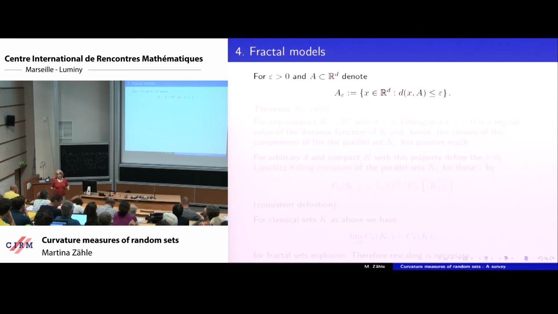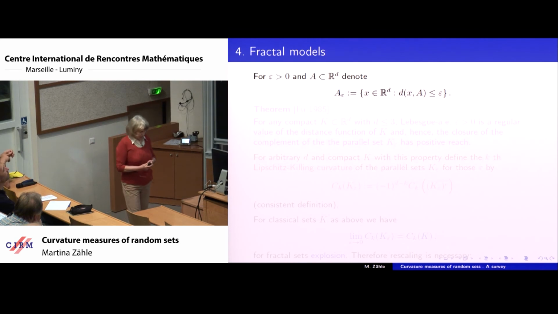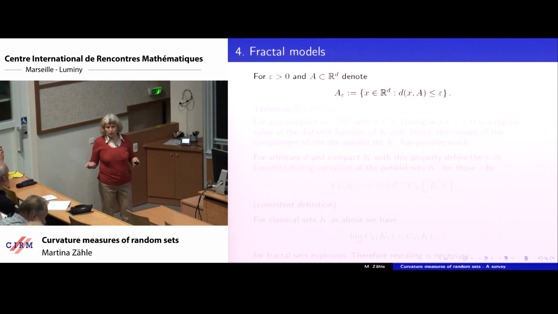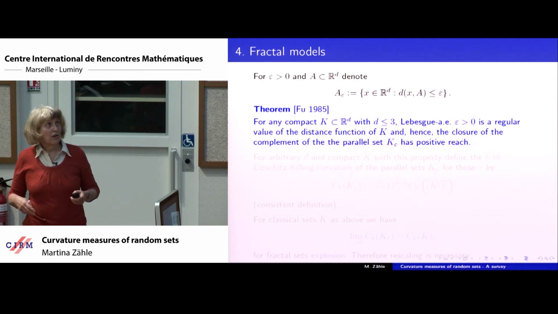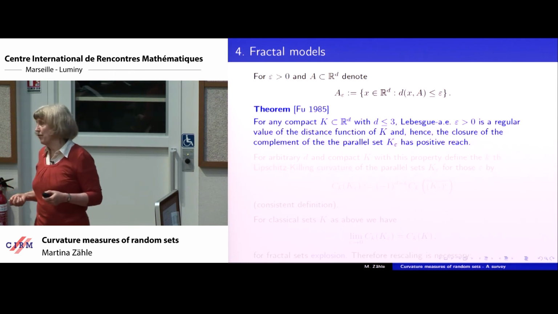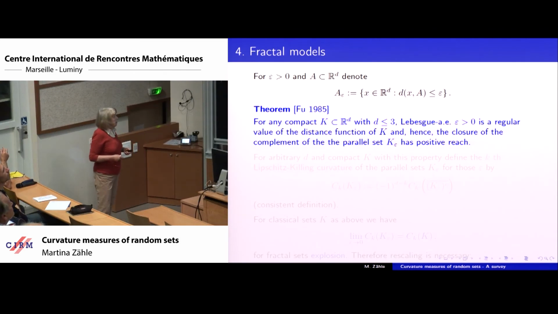Of course, if you take fractal, say, topological manifolds or more general fractal sets, you do not have these classical values for curvatures. But many fractals, at least those which have been studied in the last years, and these are not many because their structure is in general very difficult, but if you have certain self-similarity properties or self-conformal properties, then it's possible to do. And there's one main background for applying the former theory. This is, at least in lower dimensions, the theorem of Joseph Fu, who is known to many of you.